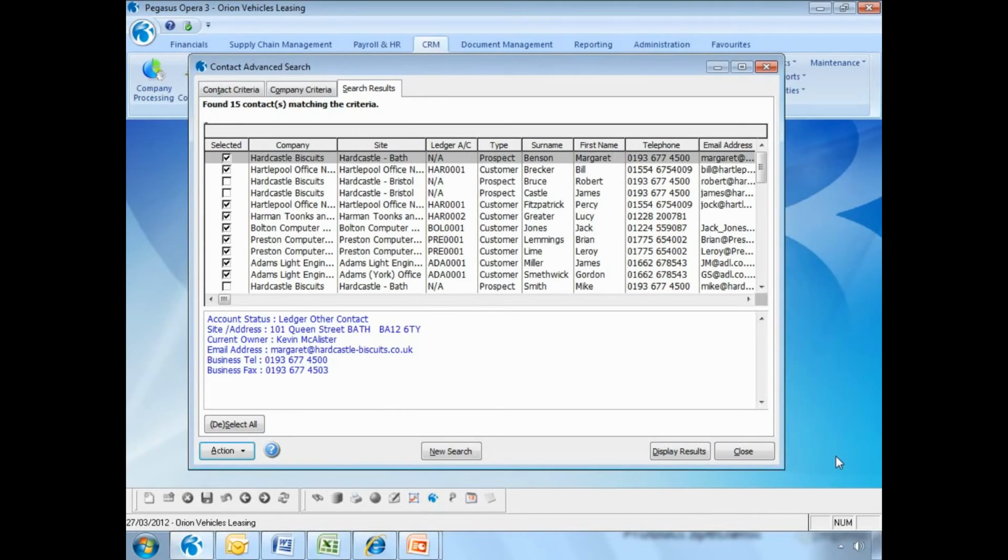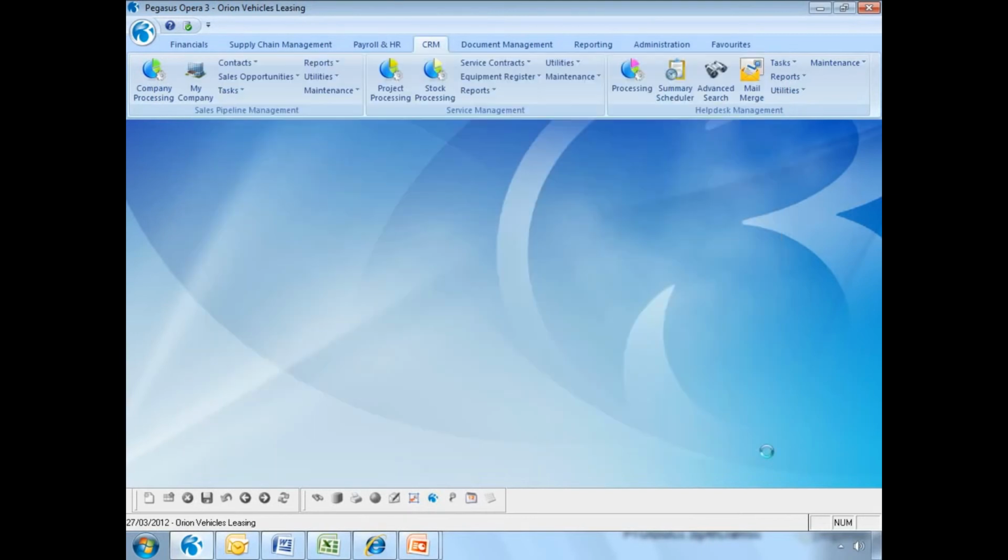Now, of course, I am only showing you one way you might want to perform these types of tasks, but there are lots of different ways that you might want to use the Sales Pipeline Management application. Okay, so moving forward, let's say that we've sent the letters out and now we're ready to follow up each of the letters that we sent. So as an individual user, I might come in the morning, log into Opera 3, and